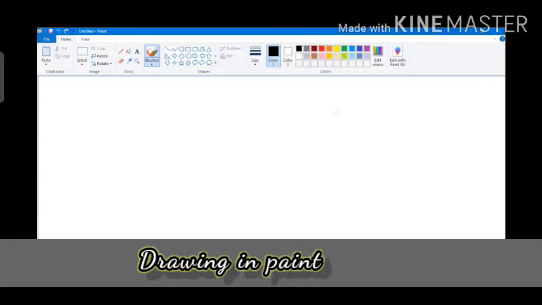So you can draw a lot many things in paint, but let us first learn about other tools that you can use in paint, such like the curve tool and so on. To use the curve tool, you have to go in the shapes group over here and click on the curve tool, this one. Okay, then you can select the size button from this and select the thickness of the curve tool. Now in this colors group, you can click on the color one and then select the color, whichever color that you like. In the shapes group, click on the outline and then choose a line style, whichever style you want to choose from here.